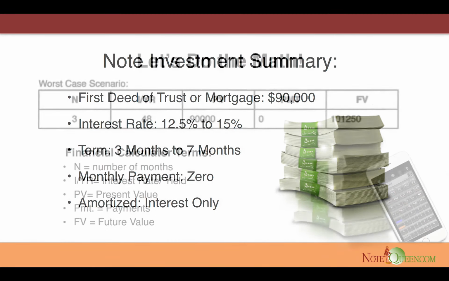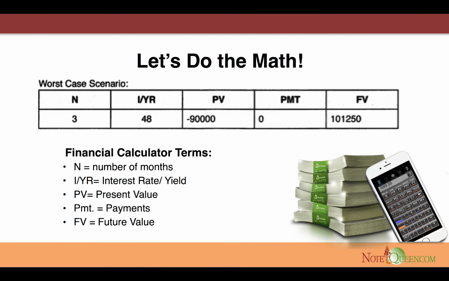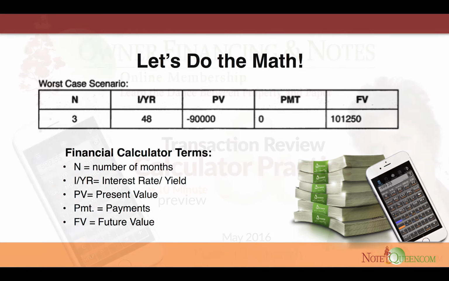So if you have a financial calculator, this is the worst case scenario. When I say worst case scenario, I mean that instead of getting 15%, I'm only going to get 12.5. Now keep in mind though, and we didn't do this on here, and maybe Dawn can show you if she wants to, but this would be 3 months, so I'm only going to get 12.5%. But if you put in the $90,000 present value,